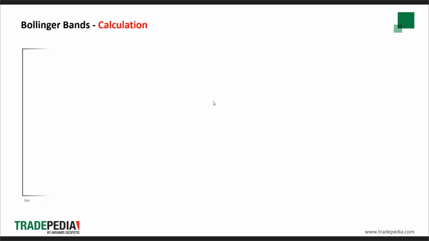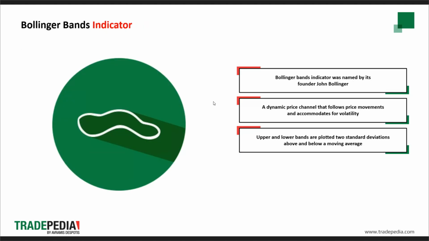So next, we will go over to the Bollinger Band indicators. Okay, so this Bollinger Band indicator was named after its founder John Bollinger. He wanted to create a dynamic price channel that follows price movement and accommodates for volatility at the same time. So this is combining the channel at which the price is trending, as well as the expansion and contraction of